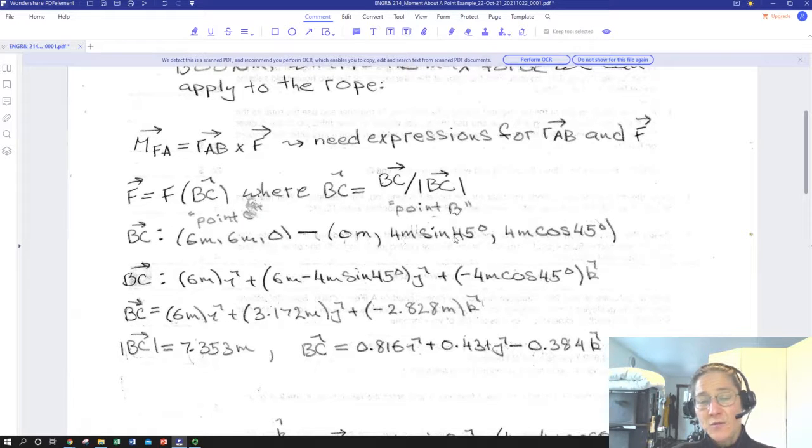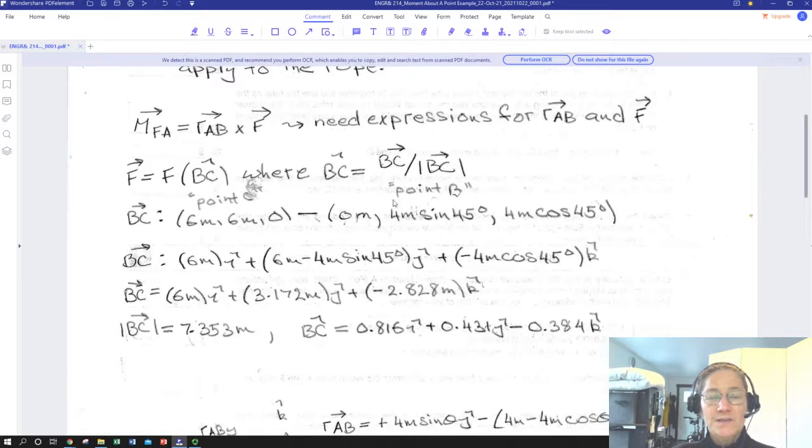And then we have 4 meters sine 45, and then 4 meters cosine 45. These two obviously are going to be the same. If that theta had been anything other than 45, they'd be different. So we can subtract these from one another and then assign unit vectors for which direction they correspond to, and we get our full position vector that would take us from point B to point C,